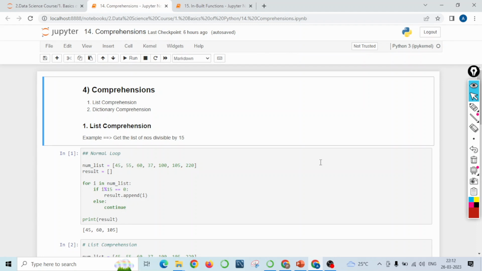Hello everyone. In this lecture, we'll be learning about comprehensions. Now, comprehensions are basically of two types: list comprehension and dictionary comprehension. So in the first place, what is a comprehension? It is nothing but an amalgamation of the data structures. We'll be using list and dictionary as the data structures here,